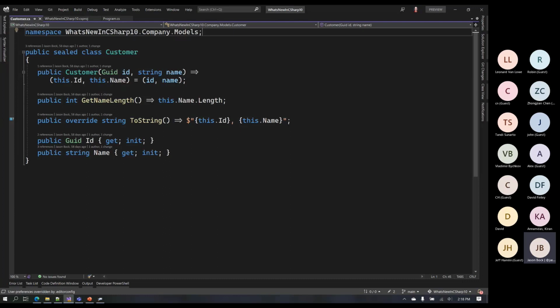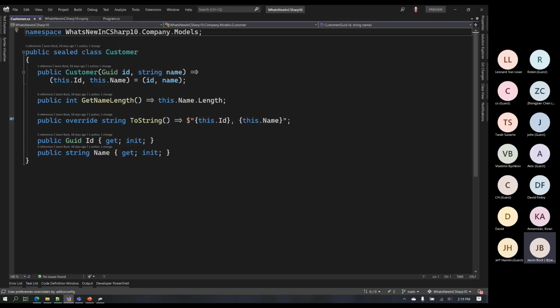They looked at how many people have written CS files that have more than one namespace defined in them. And they found that the vast majority of people have a file with one namespace, typically with one class in it. That's not always the case, but it's the vast majority of cases. So they felt this would be a little bit of a win, and you don't have to have a couple of curly braces to define a block.